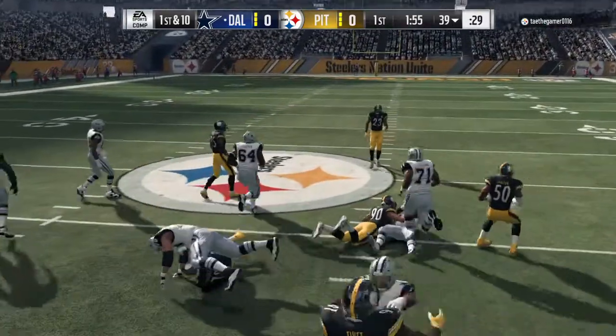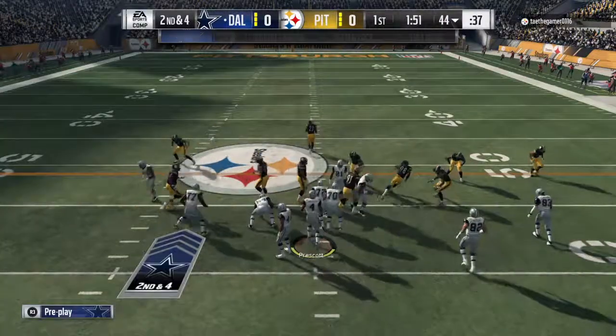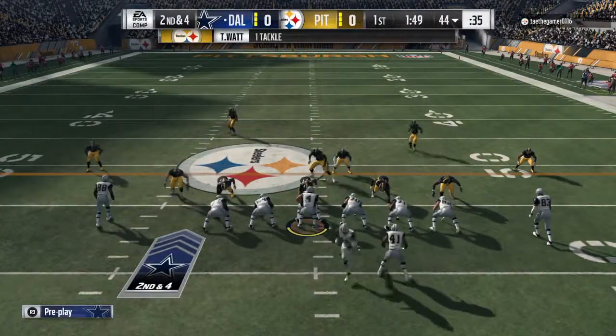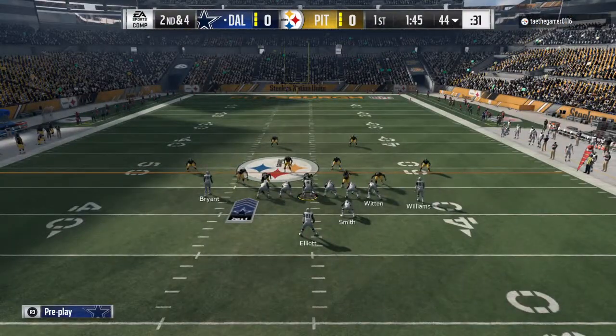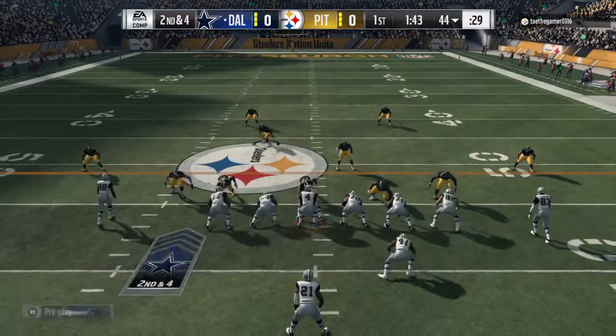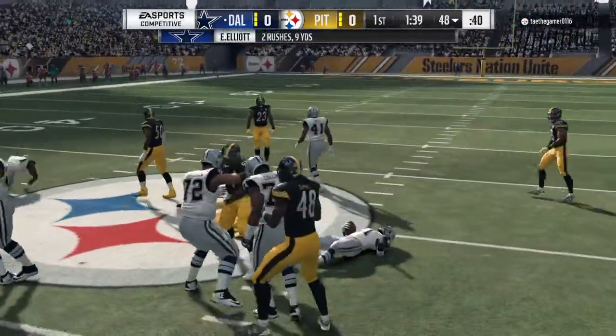This is Elliott, and that one goes for about 6 as he's taken down just shy of the 45. 2017 for Zeke Elliott, a mixed bag. Would he play, would he not play? Well, he missed the 6 games from weeks 10 to 15. He still finished, though, Charles, 10th in the league in rushing. Just tells you about the talent that he has and how explosive he is and what he brings to the